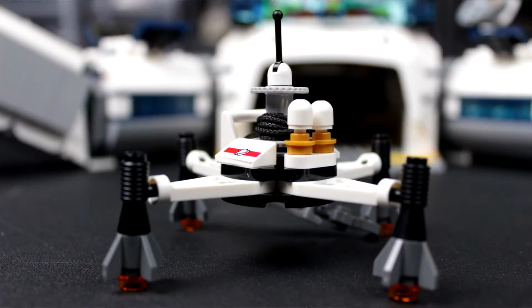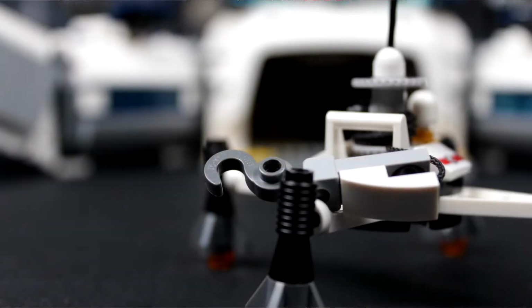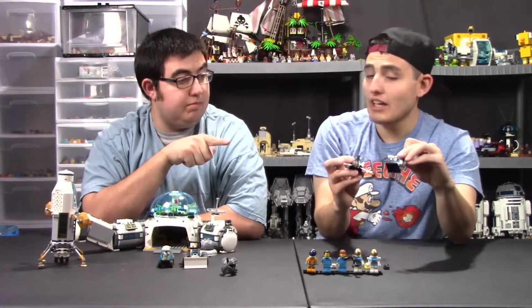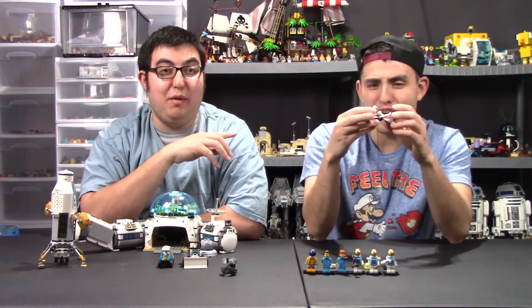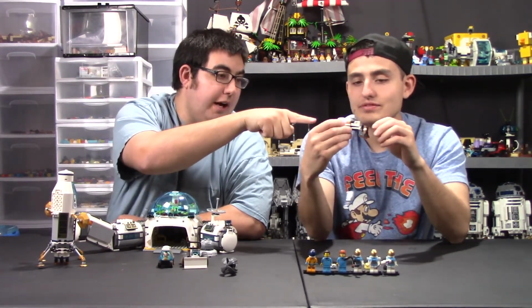Yeah, the little vehicles you got, just a little drone thing. It's controlled by the remote control. He controls it. Obviously, you have this little hook thing that comes down to grab people or space rocks. What I like about this, the string... It's attacking its owner? Yeah, the AIs have gone rogue. What I like about this, if you pull it all the way out...